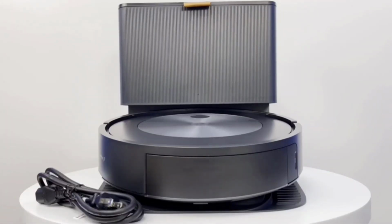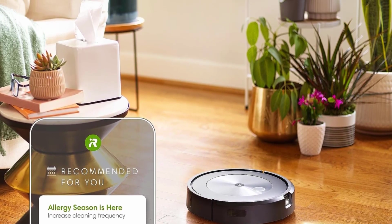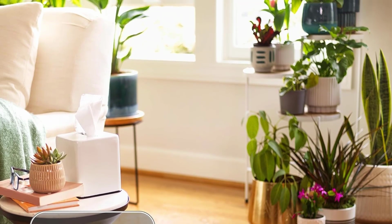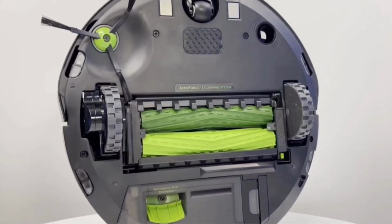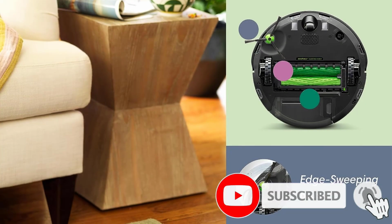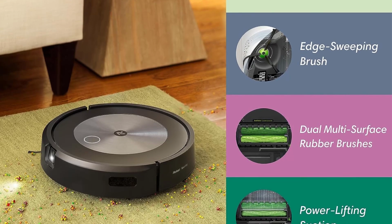We love how well it manages pet hair and other bits of debris on different flooring types, and how the edge-sweeping brush gets along furniture and baseboards, which can be a pain point for robot vacuums due to the round shape many of them have. It's impressively quiet while it's in use and, since you can schedule and manage cleaning on the app, you don't have to give it much thought while it's running. It even returns to the base when it needs to charge, and then will resume cleaning once it has power again. While this feature isn't unique to the J7 Plus, we were still impressed with how seamless the automatic charging